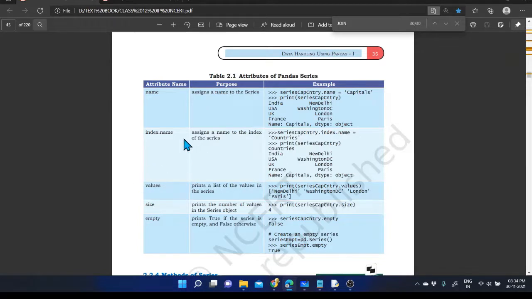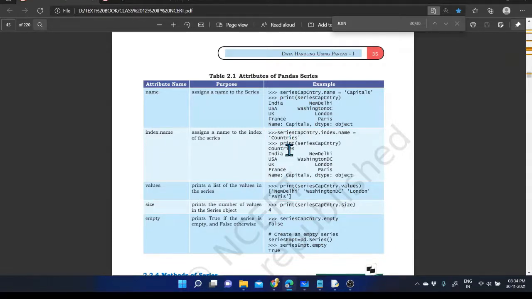The next one is index.name, which assigns a name to the index of the series. If you require a name for the index, we provide it by using series name.index.name equal to a string value.